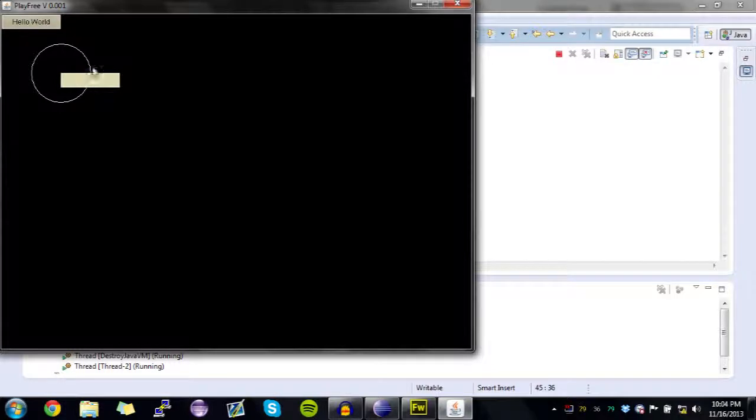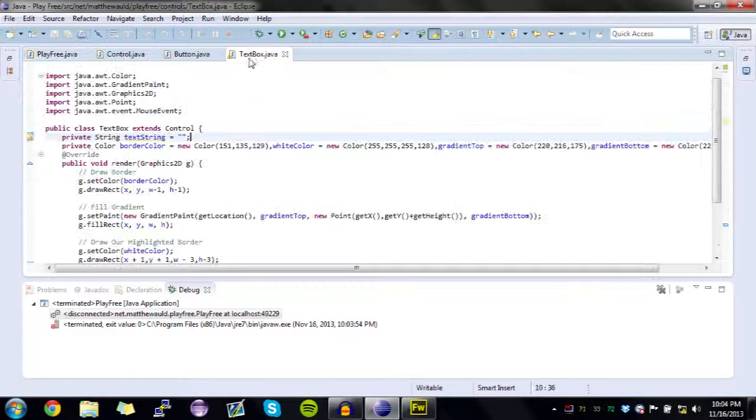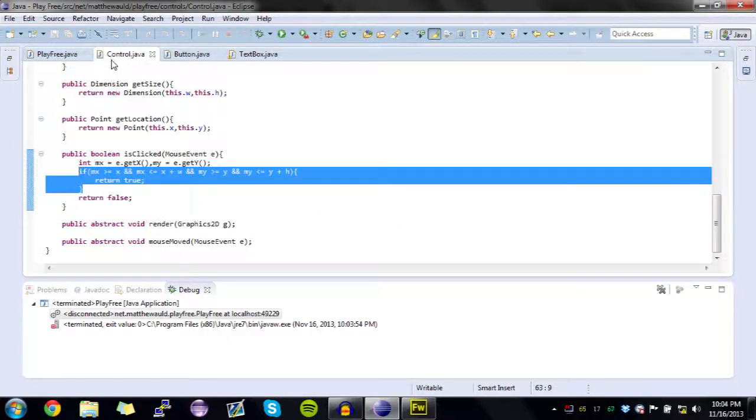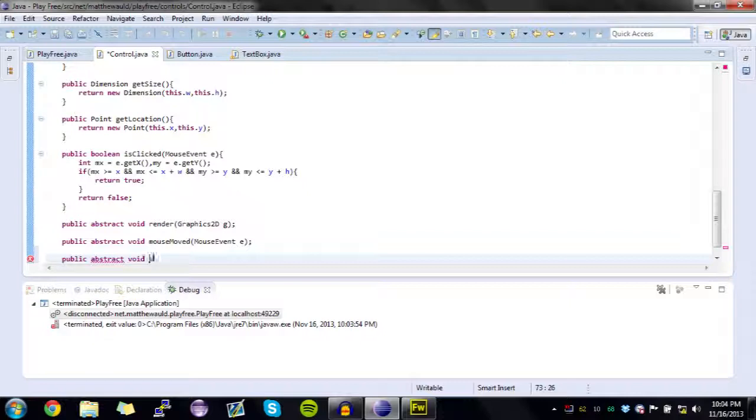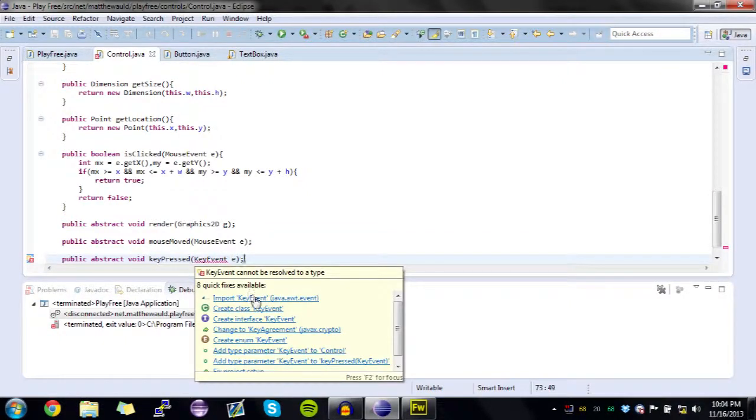The next thing we're going to do is this text box. So I'll go back to the text box, and we got our string here, and we need to be able to pass through. We'll make this public abstract just to make it easier. Abstract void key pressed, key event e. Import our key events,